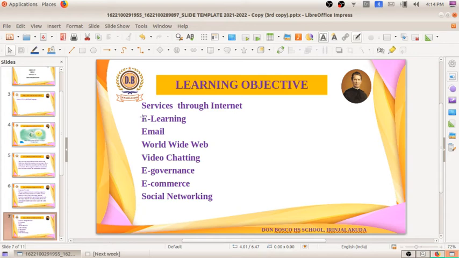The next one is e-governance. E-governance is for effective execution of government services and for speedy access of those services to the public. You can see different government services on the internet. When we search related to that, we will be getting a lot of information, like the PSC site, where information for the PSC exam is given. A lot of government sites are available for giving services to the public. So that is known as e-governance.